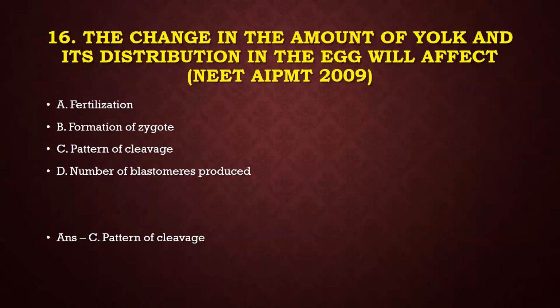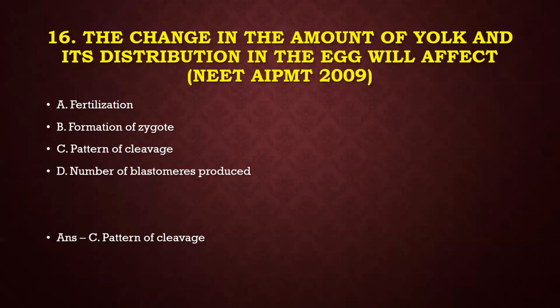So the change in the amount of yolk and its distribution in the egg will affect the pattern of cleavage. There can be a moderate or very small amount of yolk present in holoblastic cleavage, or when we talk about